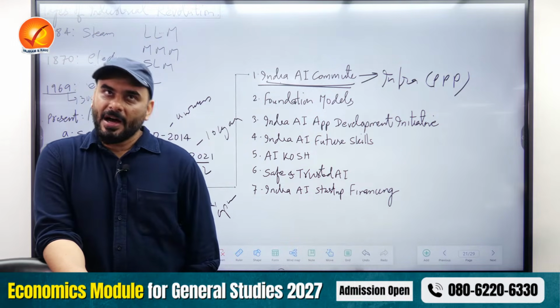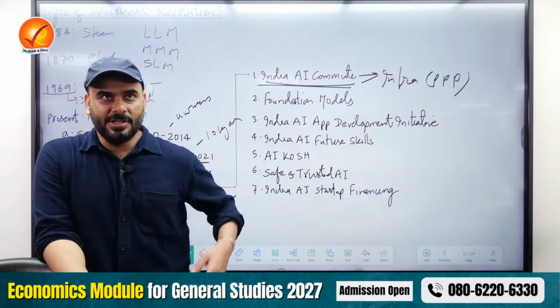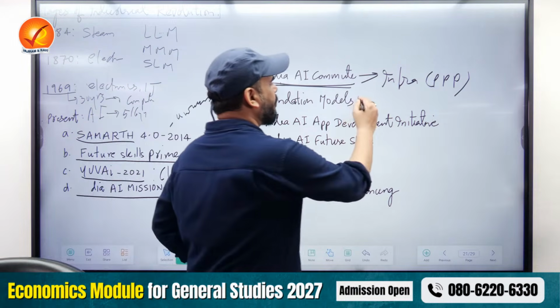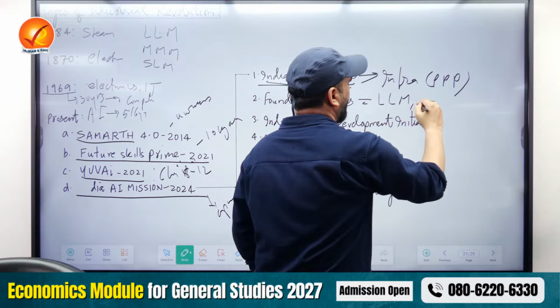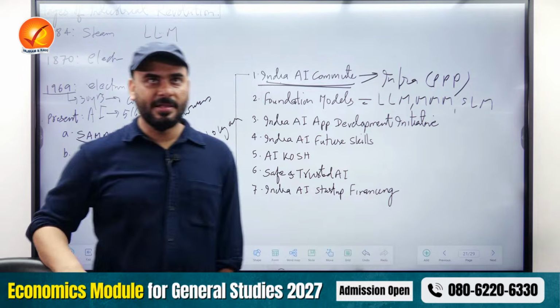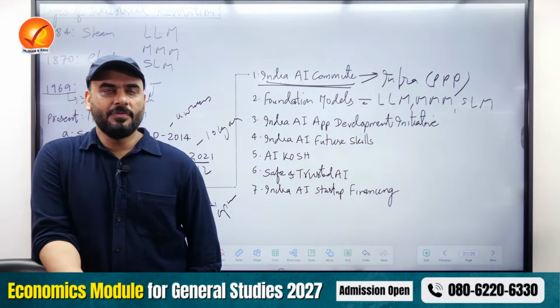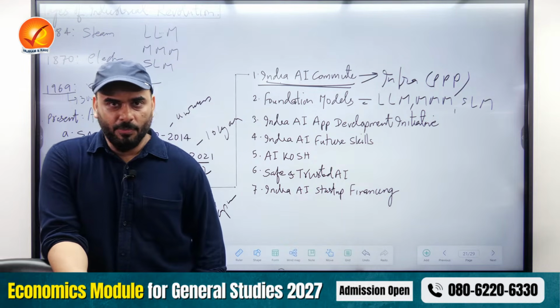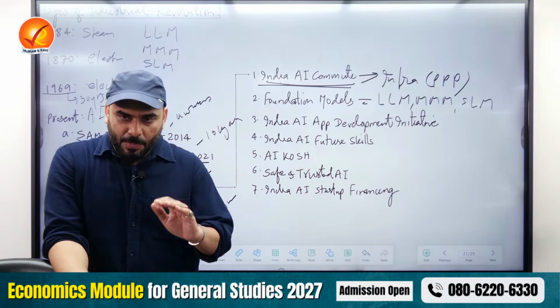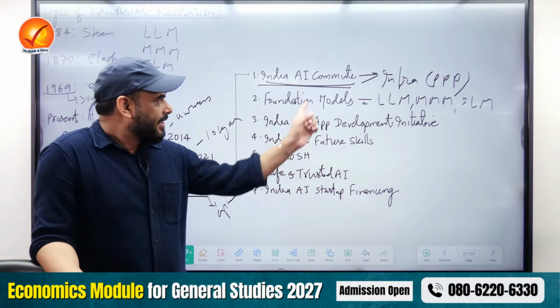Second, after you create the infrastructure for research, India should decide which model suits us the most. So we have to decide between large language models, multimodal models, and small language models. These are the 3 things we have to decide. And what will these models do? These models will pull in a lot of data. Using data, they will use mathematical models and then predict things for us. So this is the model part.